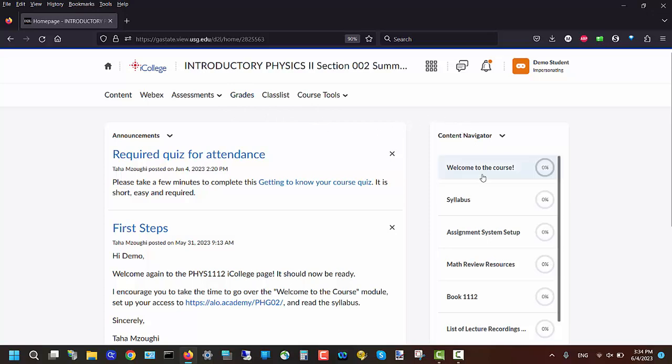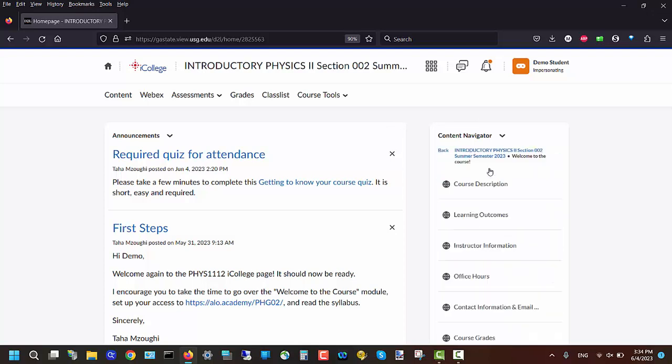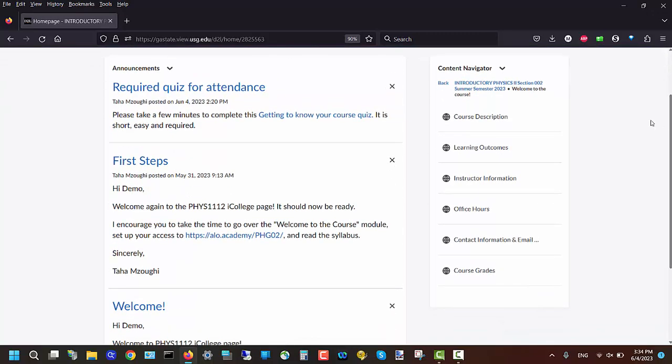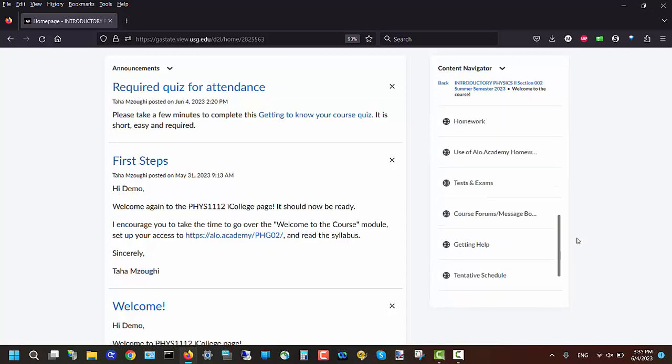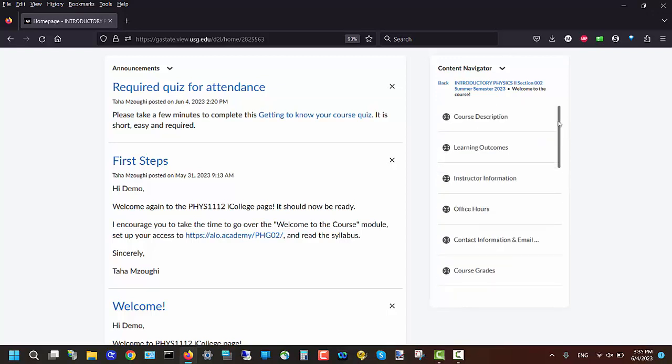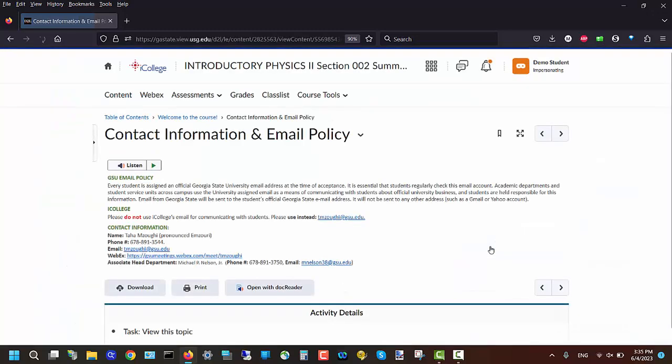Welcome to the course, from the Content Navigator, is an important module. It has the course description and learning outcomes. So it's essentially the whole syllabus broken into small segments. I'm going to click on anything at random.